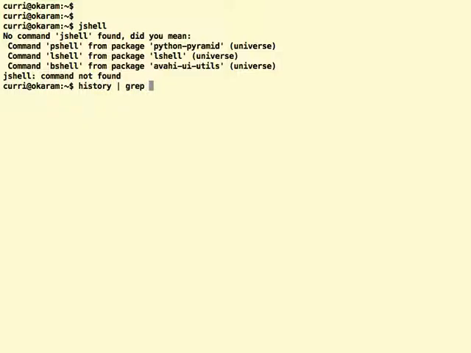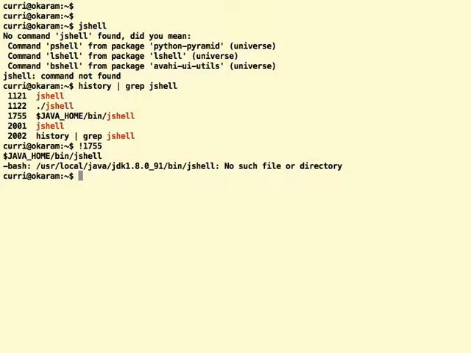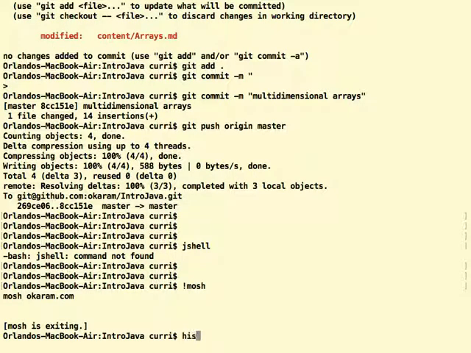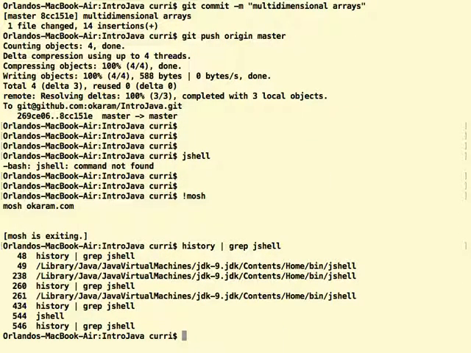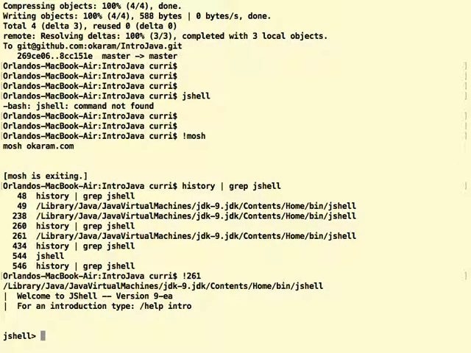I'll try to get JShell. Okay, never mind. I'll find JShell somewhere. Okay, so now I can do,